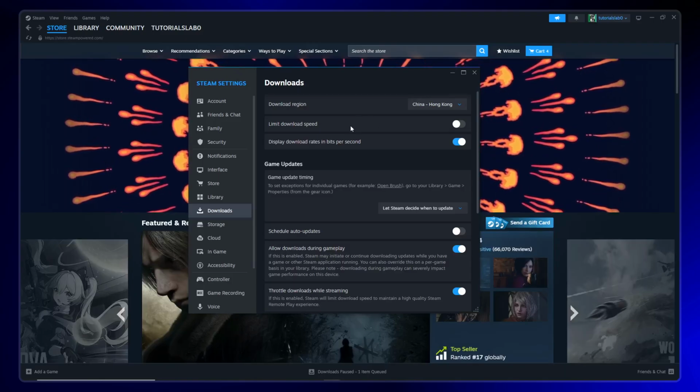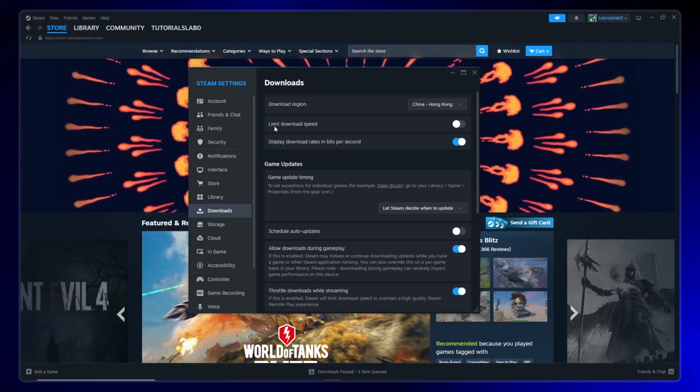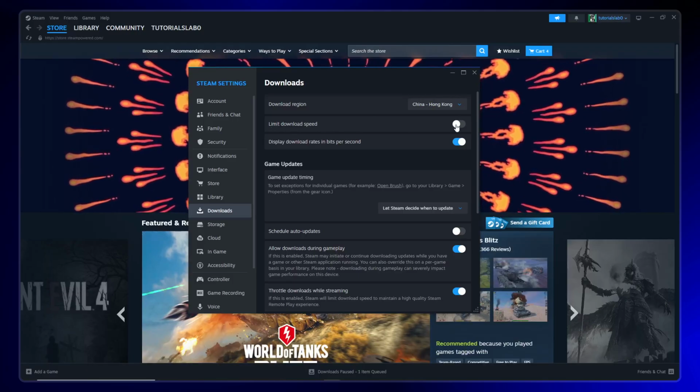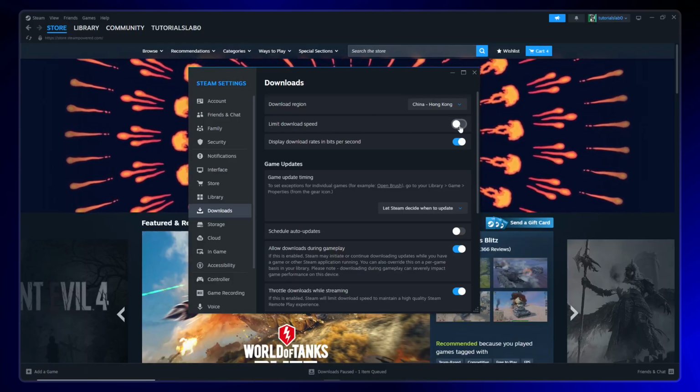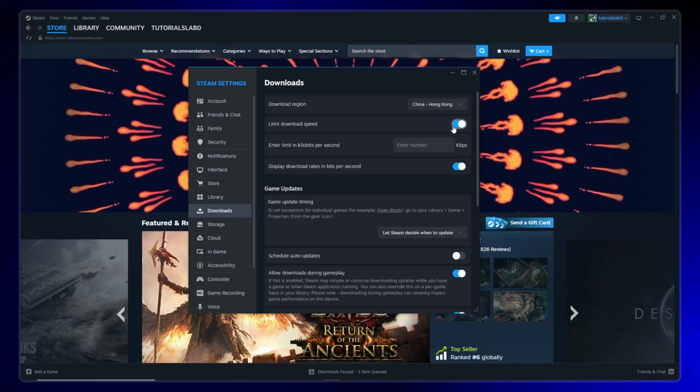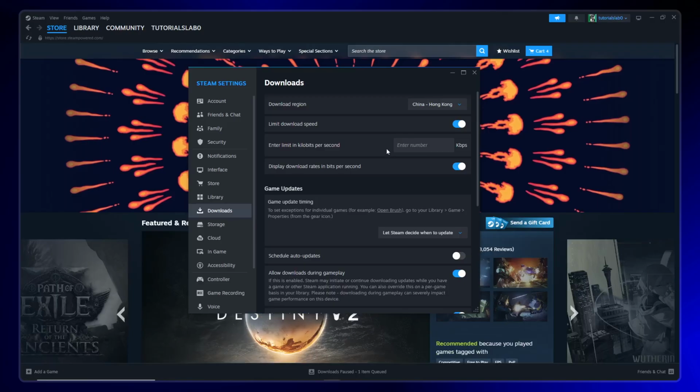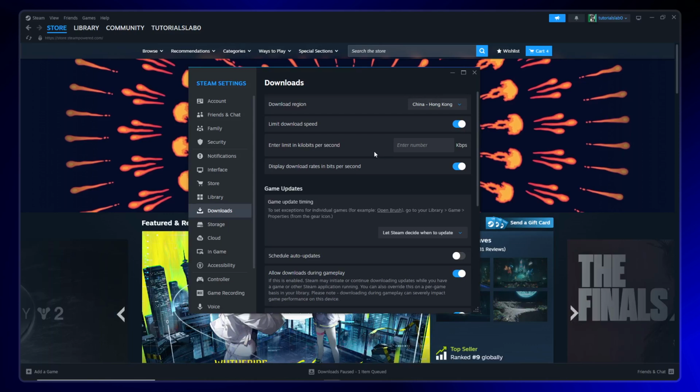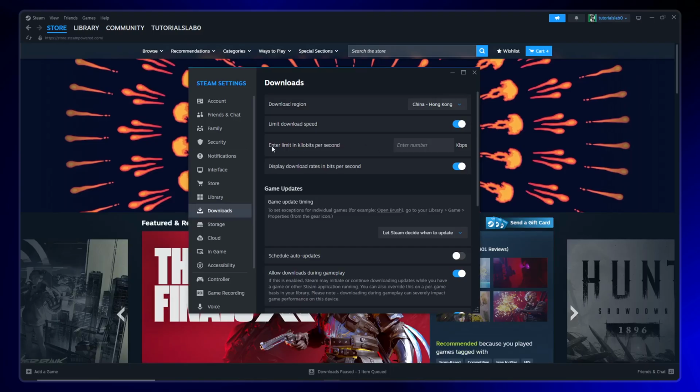Now, within the Download section, look for an option labeled Limit Download Speed. Right beside this label, you'll notice a toggle switch. Click on this toggle to turn it on. Activating this feature allows you to set a specific maximum speed for your Steam downloads, which is particularly useful if you want to reserve bandwidth for other online activities like streaming or video calls while still downloading games in the background. Once you've toggled the option on, you'll see a text field appear where you can enter your desired speed